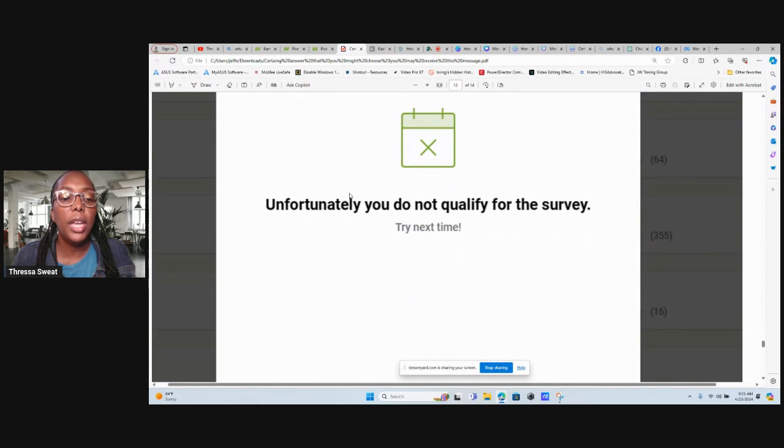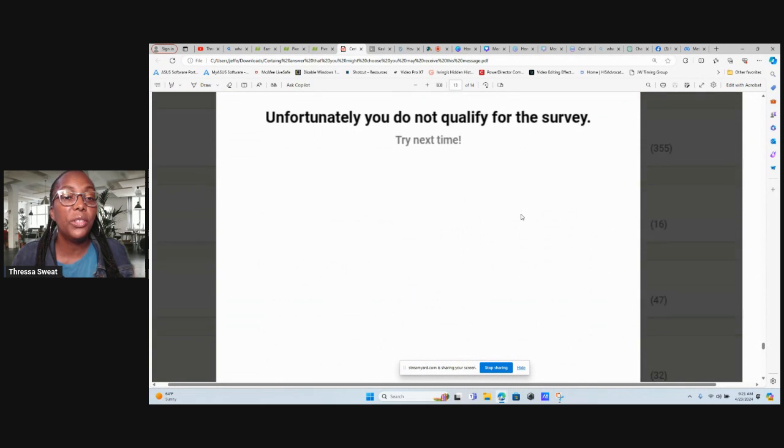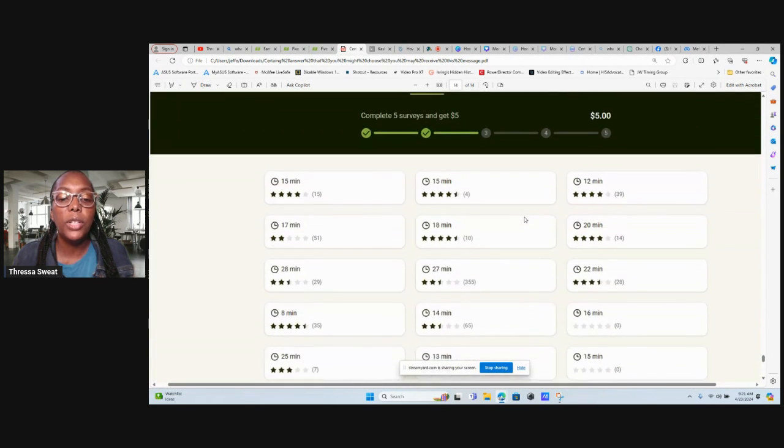And then you're getting, unfortunately, you do not qualify for the survey. Okay, this is what you're getting. Then you're going back and forth. As you can see, I have to go back when they say I don't qualify. I have to go back to my dashboard, choose another either 12 minutes or 15 minutes, answer the question and